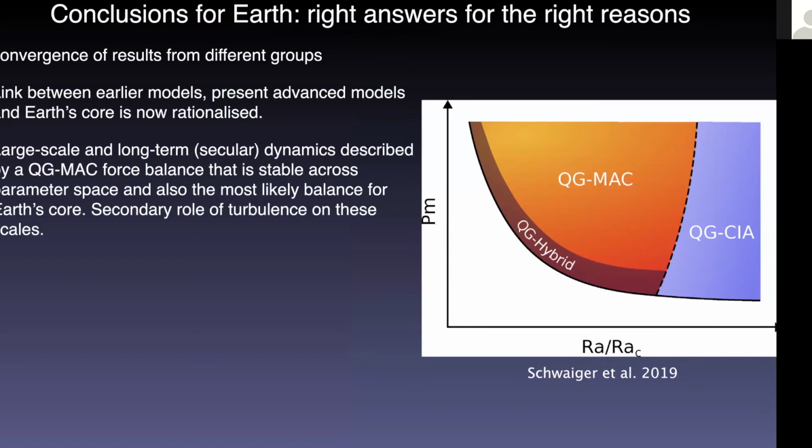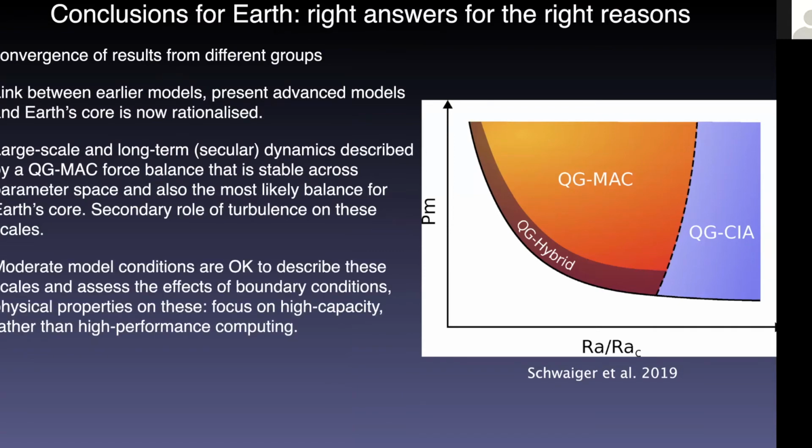And on those large scales and long-term dynamics, the turbulence has a secondary role. So if you want to do geodynamics, that is, assess the effects of boundary conditions and physical properties on the long timescales of the geodynamo, the moderate models that we had 10 years ago are basically completely okay. So you can focus on high capacity rather than high performance computing. That is to say, you can compute a large number of moderate cases rather than a small number